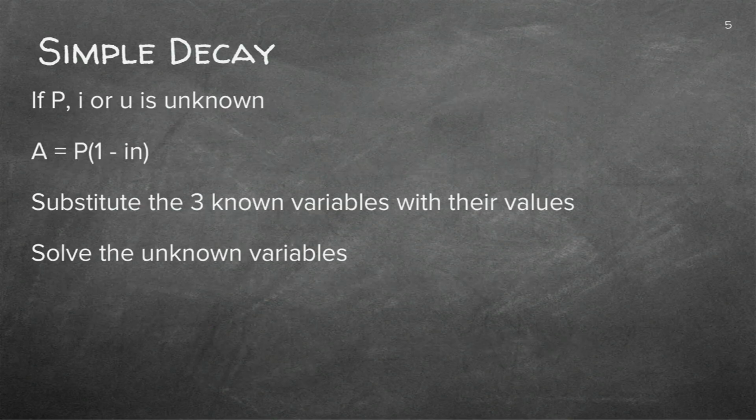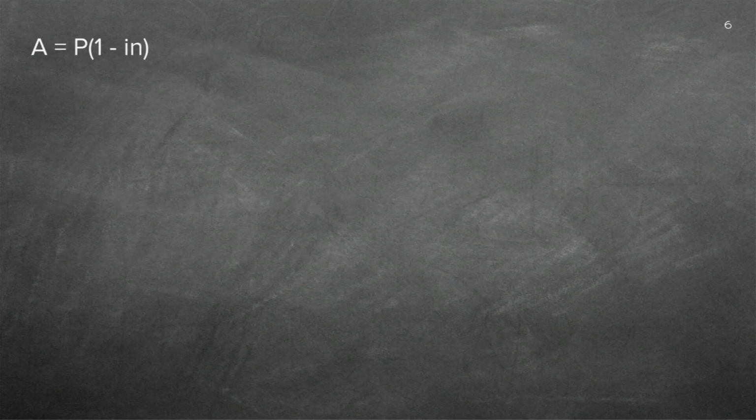And here you can work out the A. If we go to the next pages, we can actually do all different things with them. Sometimes they give you 3 others, not the P and the I and the N. They give you something else. Let's just do the A. I'm just going to do 1 or 2. If they rather want the P, you will have the P all alone. So you'll take the A and divide it by 1 minus IN.